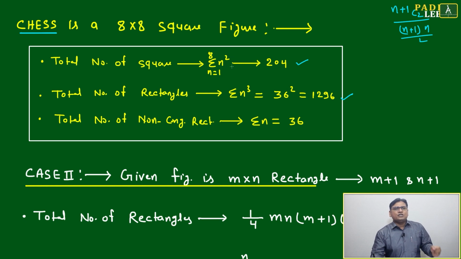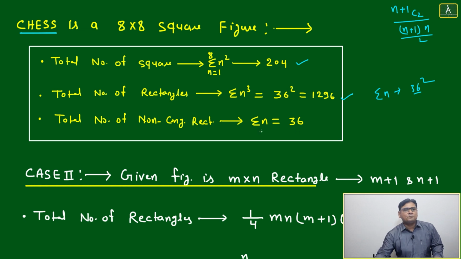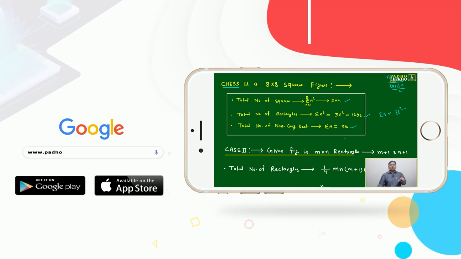Just put in this formula, summation of n square, n equal to 8 means 8 into 9 into 17 divided by 6, you will get 204. Total number of rectangles again is 36 square, because summation of n up to 8 you will get 36. Then summation of n cube, just make the square, you will get 1296. Summation of n is 36. So 36, 204, 1296. Or you can use summation of n square, summation of n cube for the value of n equal to 8. Whatever value is coming, that will be applicable for